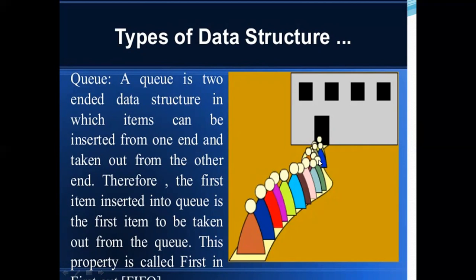This is called the front, and this is called the rear. These are the operations, front and rear operations. And in a stack also, push and pop: push for the insertion and pop for the deletion. These are all the introduction of data structures. So the queue is called FIFO, first in, first out, and the stack is called LIFO, last in, first out.